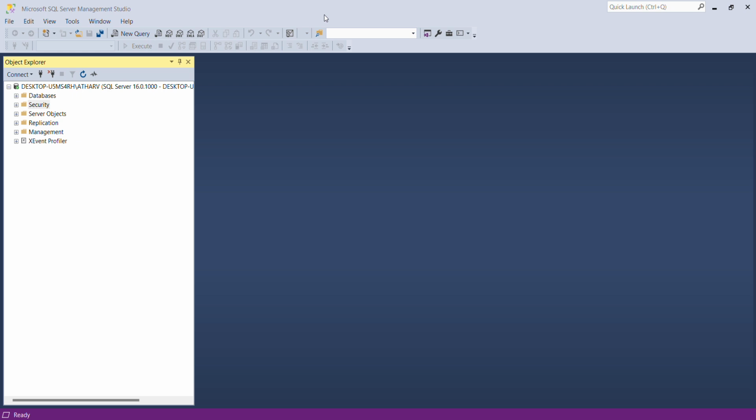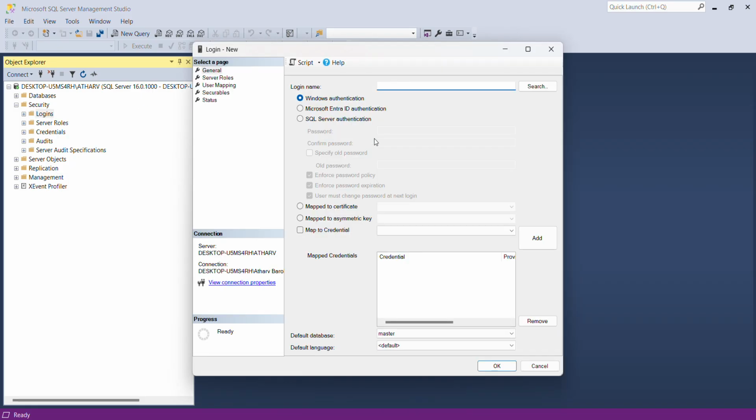Today we will learn how to create a new user in SQL Server using SSMS. So first you have to log in with your Windows credentials. After that, you just select Security here. Just expand this and right click on Logins and click New Login, and